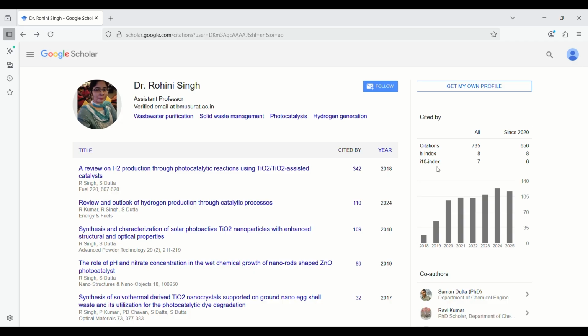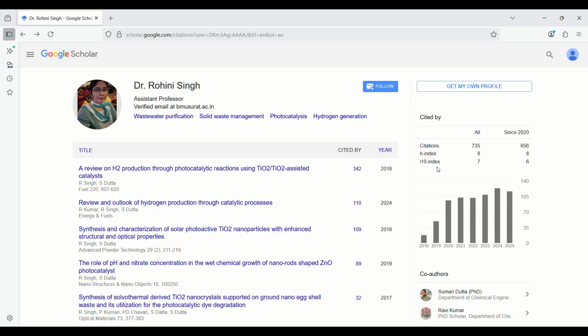Citation means how many times that article has been referred to by other researchers worldwide in their published articles. Mind my words, published articles. Google Scholar tracks the citations and maintains your profile.